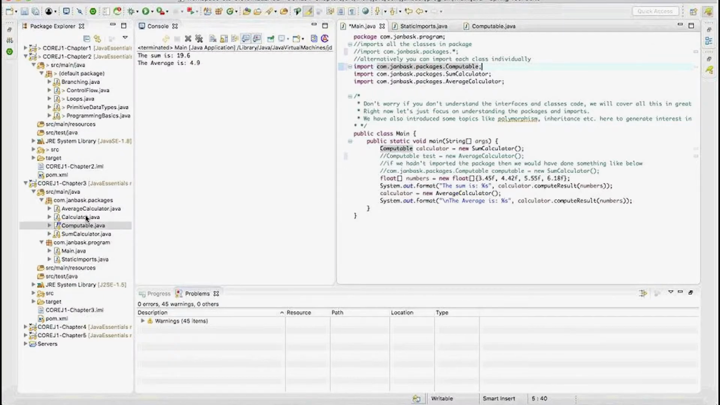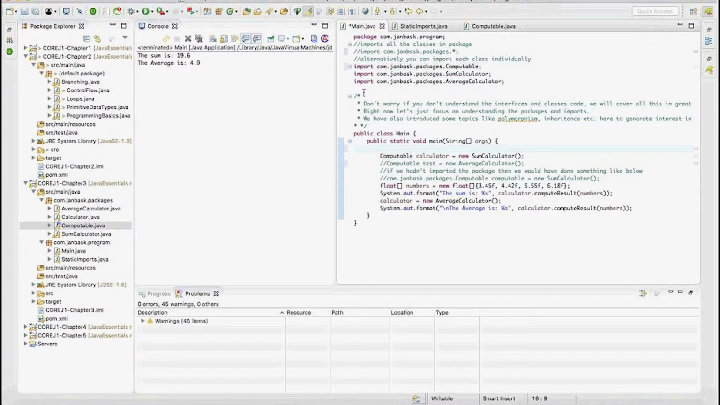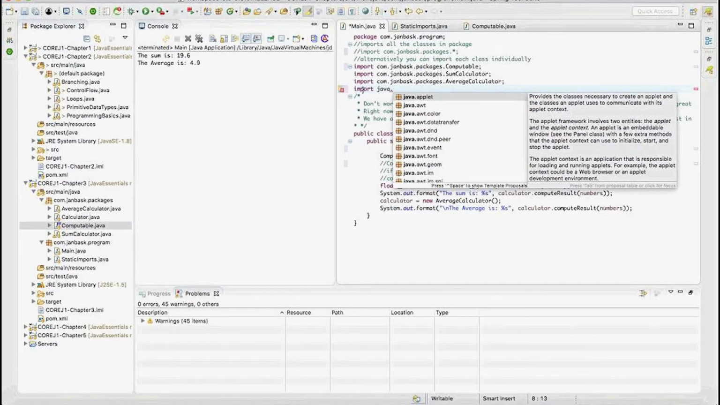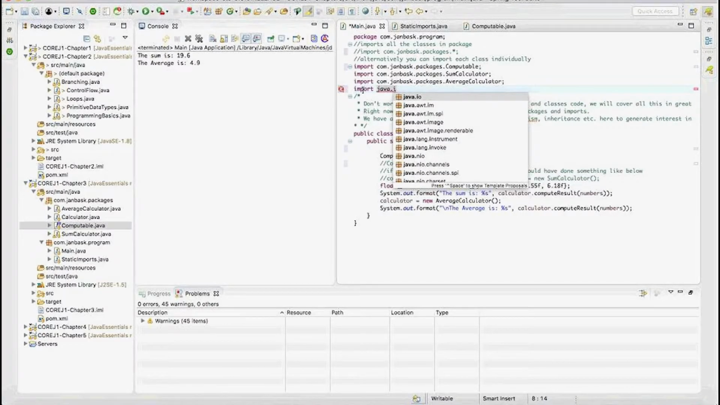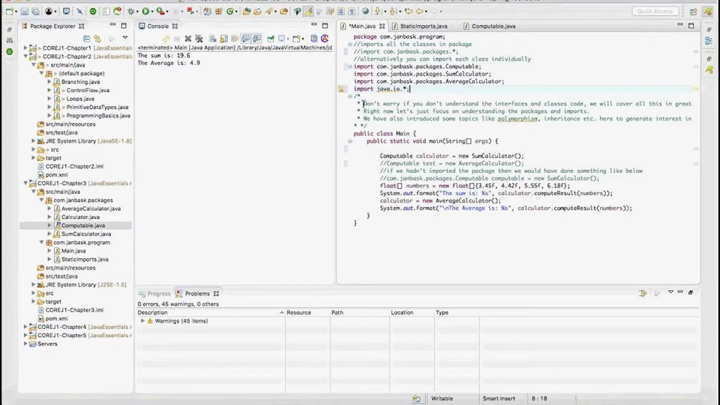It's not just your packages. We can do that with the Java language itself. So like if I want to use the types available in the Java dot, import Java dot io, right? So I can do that, and now I can define the types here,